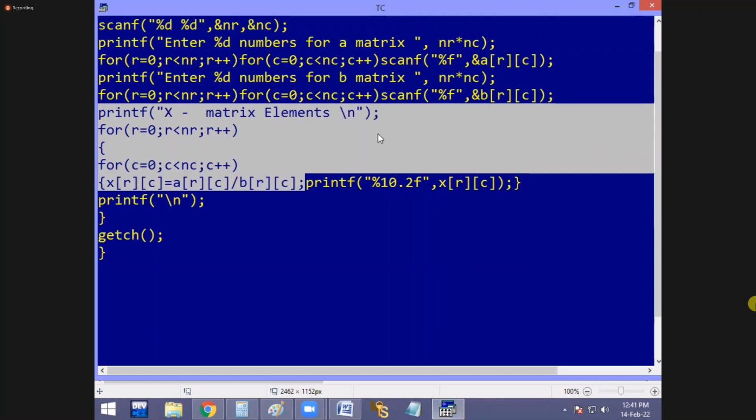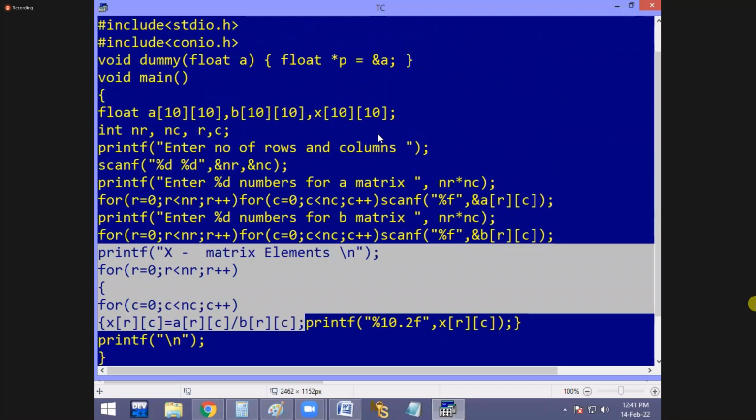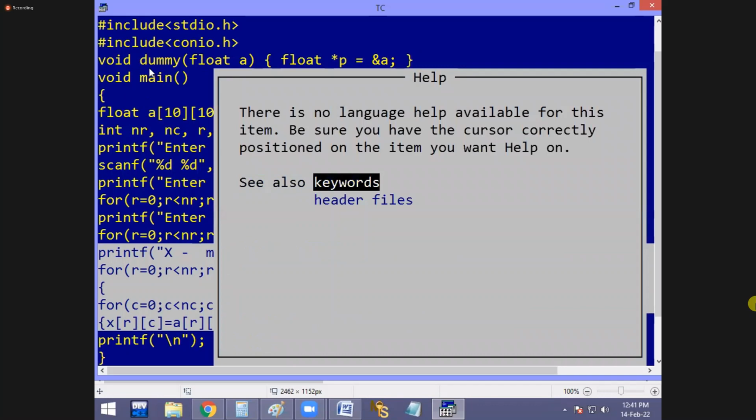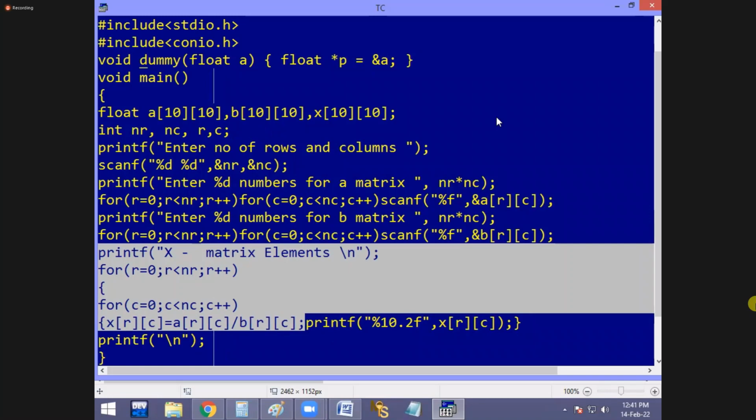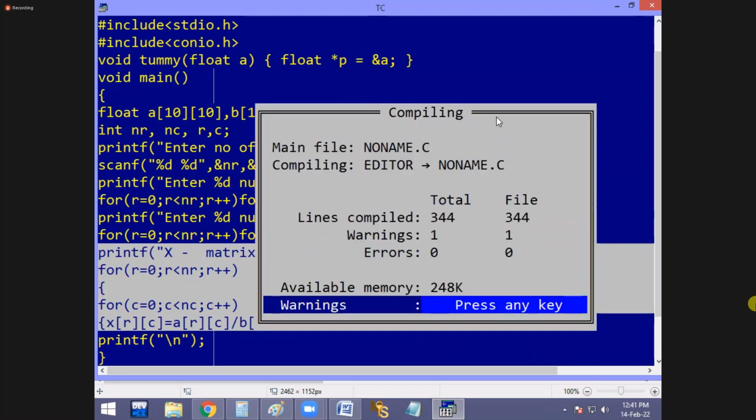Okay. Next, here, is dummy user defined or predefined? It is your question now. Now listen, guys. Right now, what is this function name? Dummy or not? Everybody observe it. Is there any header file related to this? There is no language help available for this item. This time I am using, in place of dummy, for example, tummy. Any error? Leave the warning aside. A warning will come because we did not use it. It is not used. That's why the warning